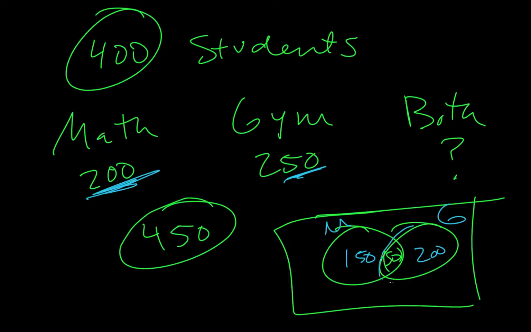Now if we look at the entire circle here, see how there's still 250? And if we look at the entire circle for math, there's still 150 plus 50, so it's still 200. And then if we add up the total, 200 plus 50 plus 150, that gives us our 400 student total. And we answered all the questions we needed. So both, the answer would be 50 students,